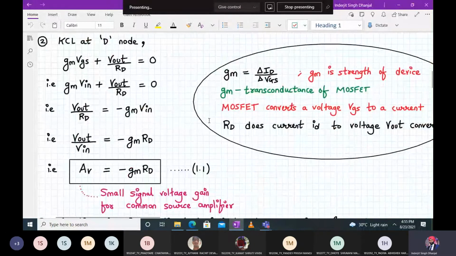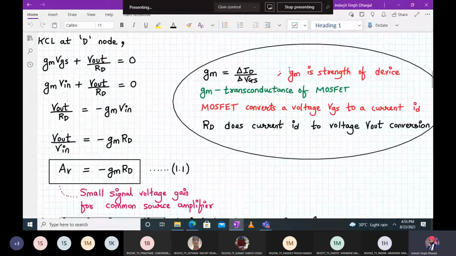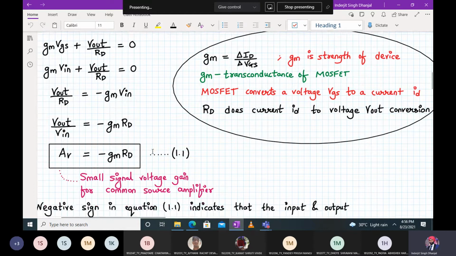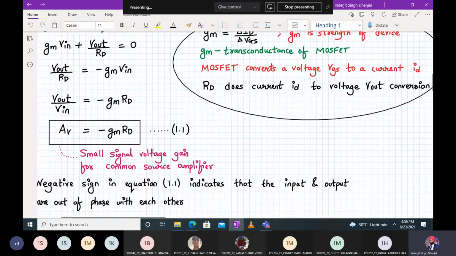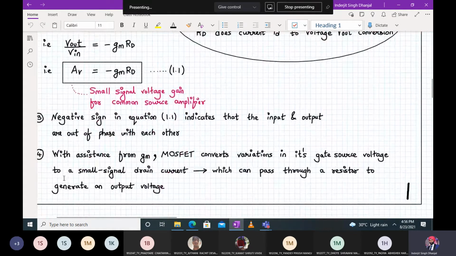Just to make sure that this gm is representing the strength of the device. So how powerful the MOSFET is, ask what is the gm of that MOSFET, right? And gm also depends upon many other factors. Now, next. With the assistance from gm, your MOSFET converts variations in the gate to source voltage to a